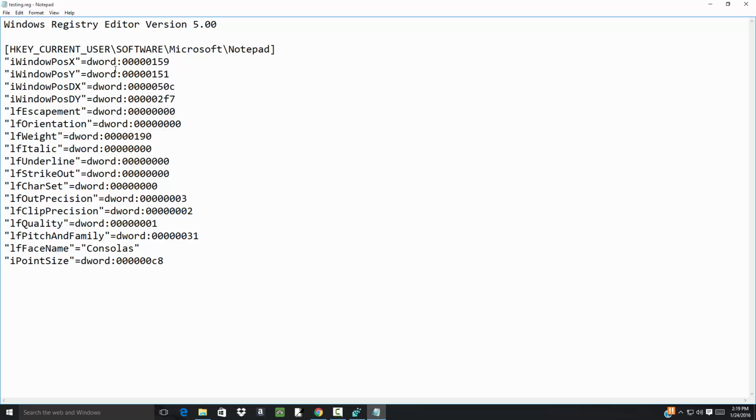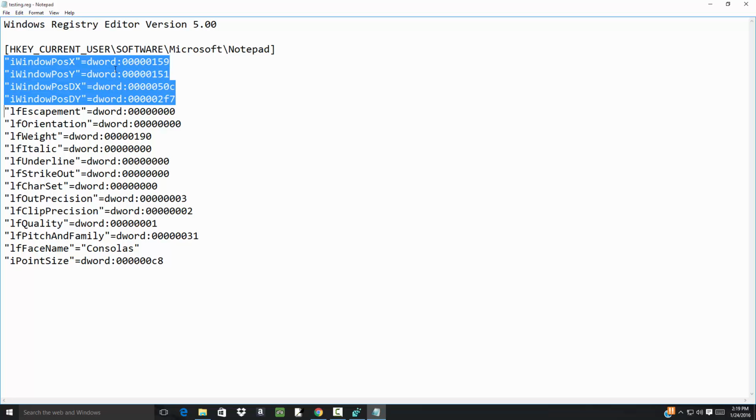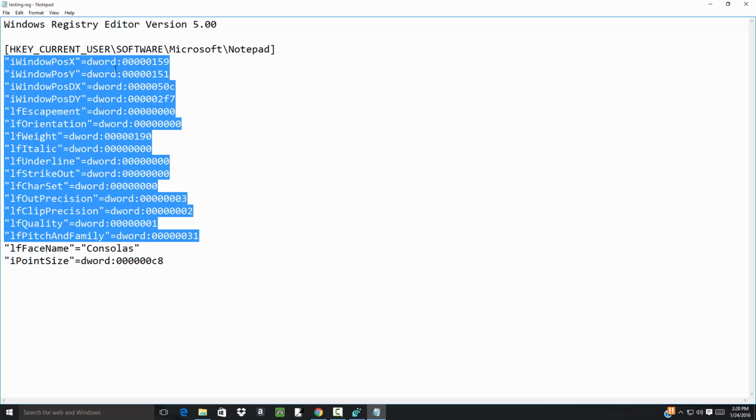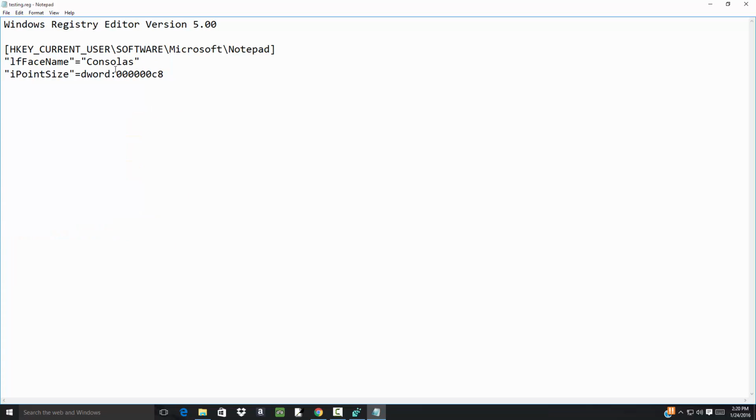Now, if I get rid of some of these, there's only one I want to change, which is the font. And there it is. So get rid of those. And then I'm going to get rid of these. And I'm going to change that to Wayne's World font. I don't have that font, but just to demonstrate it. Okay. Now if I save that,